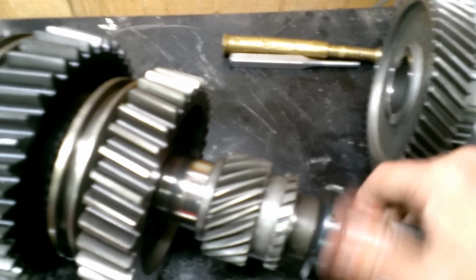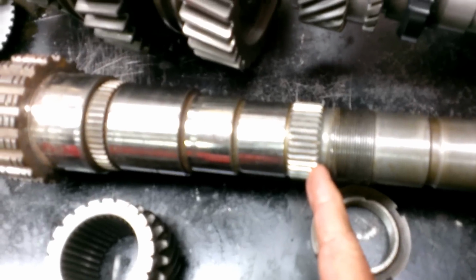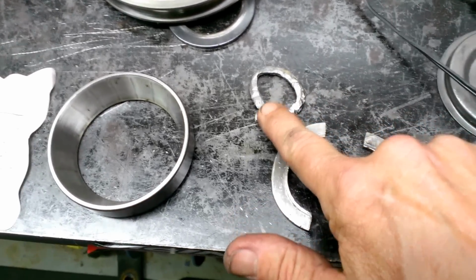I mean as tight. Now I did leave my washer off. Now what I'm going to show you before I put this on, we have an undercut. There's an undercut right here, unlike you have on the factory shaft. And here are 2 half moon washers, and then another retainer ring that